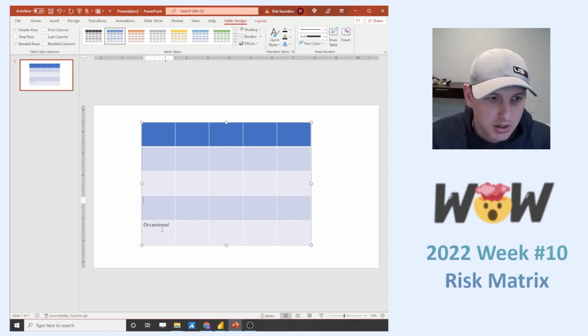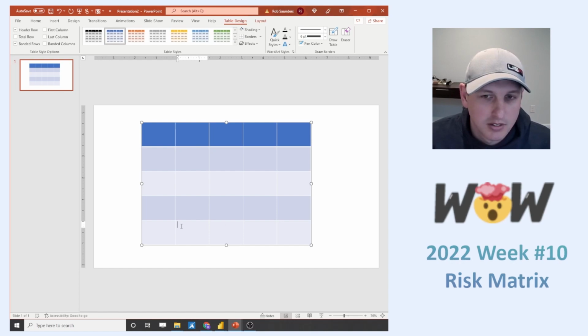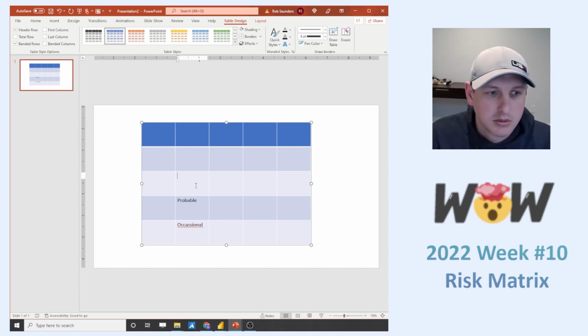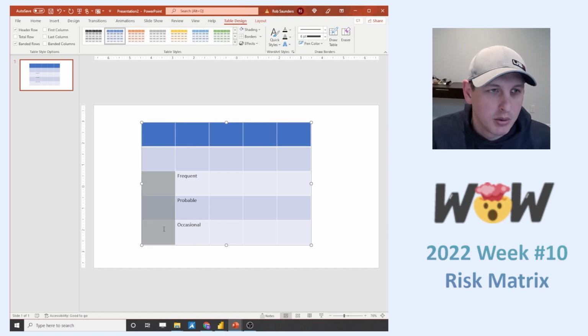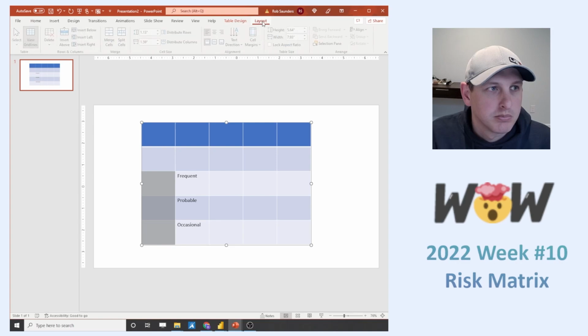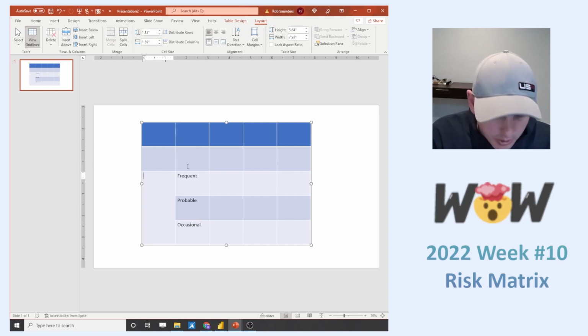This is going to be, actually, let's put it here. Occasional, probable, and frequent. And what I'm going to do here is start to build out, where's merge? There we go. I'm going to put an incident likelihood